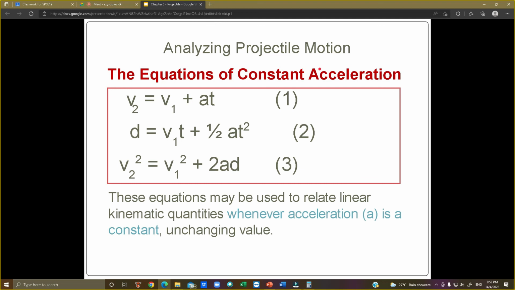Equation of constant acceleration. So up until today, we have learned a bit about the projection, factor affecting projection, and how we want to prove that T up equals to T down. At the same time, what is the best angle to get the best range. Later today, later next week, we are going to continue on several questions on how we want to use equation of constant acceleration. Konsep dia sama. Kalau kata kita cari benda yang naik dekat apex, V2 akan jadi kosong. So the concept will be quite similar.